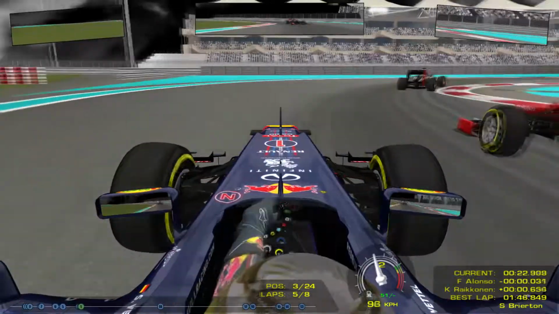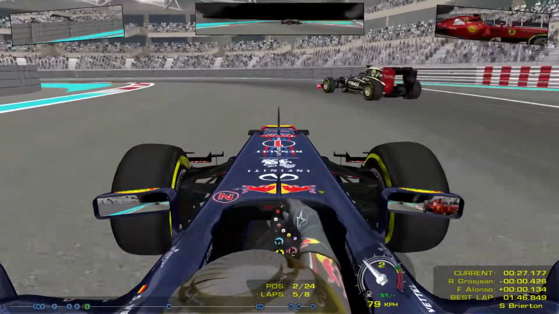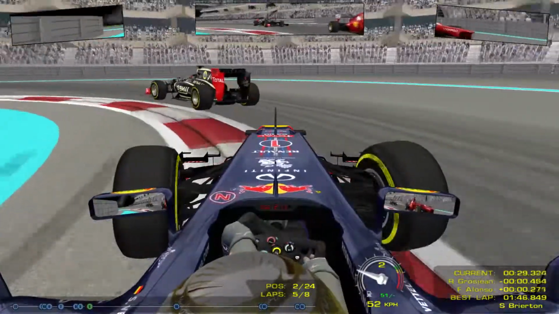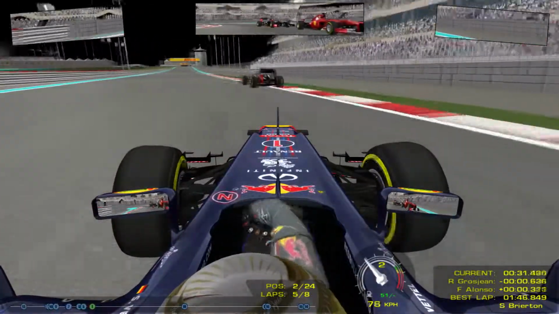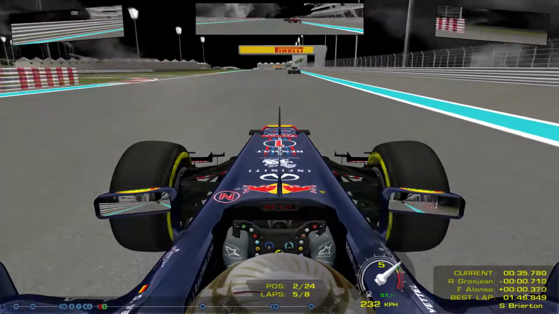Anyway, we got 4 laps to go now. I believe 3 or 4 laps to go. Anyway, we got around the outside of Fernando Alonso beautifully there, and now we go down his inside. And now the last guy to take now is...